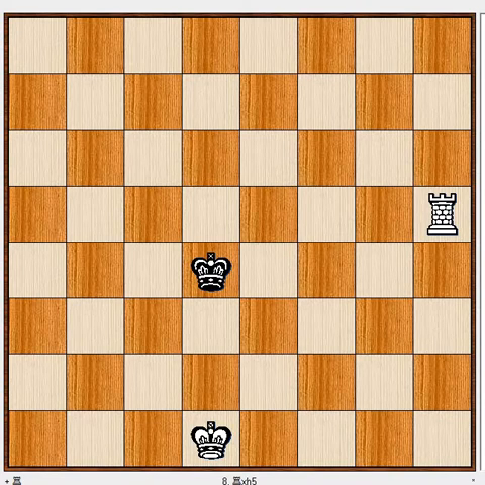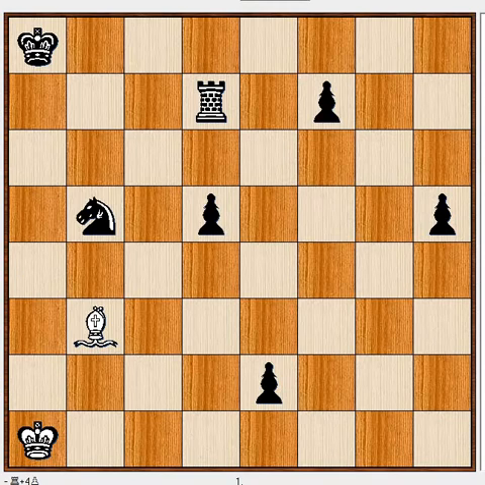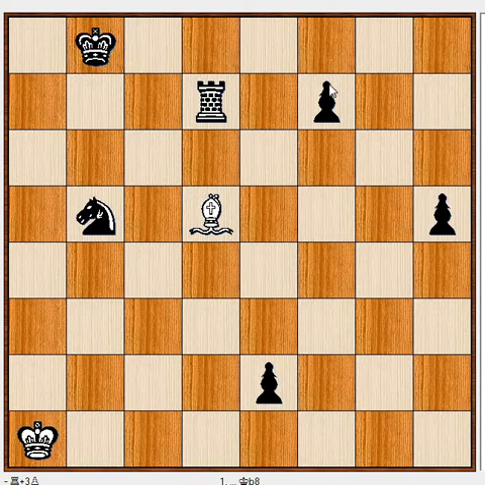Now we will learn about the movement of camel or bishop. So in this position it is white's turn to play. Remember, the bishop or camel moves on the diagonals, on the cross lines. Okay, so you see, in this position our bishop is attacking this pawn on the diagonal. So white captures him.